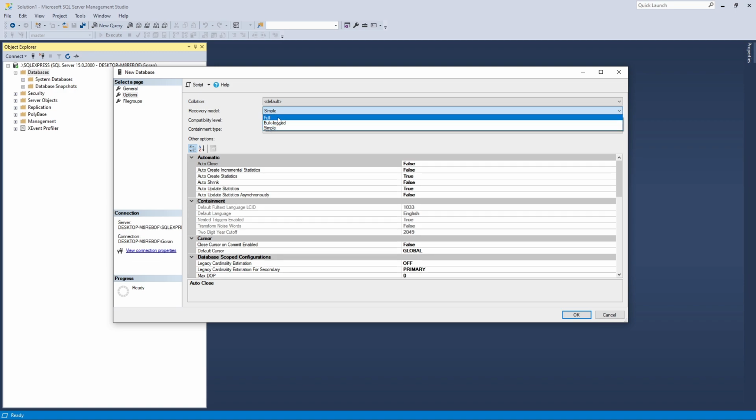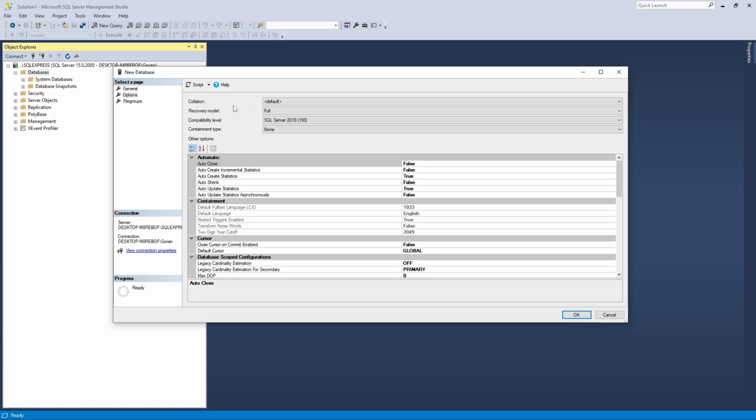Depending on how critical this database is for your work, you can choose one of those three. Full recovery model, I will just explain the full one, is essentially